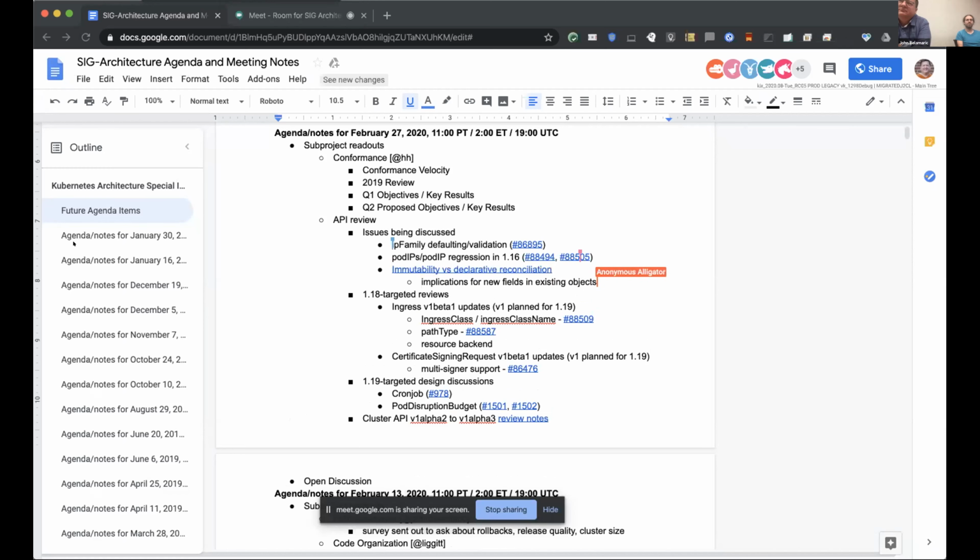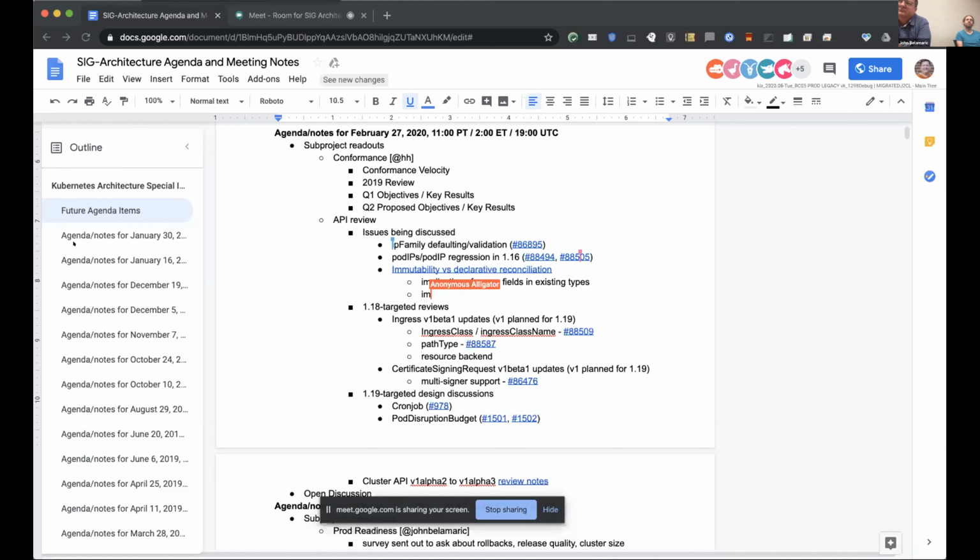But I don't think, I mean, I didn't find in our logic any place that actually tries to turn a put into a patch by masking. But we don't have micro API versions, so I can't tell whether you tried to unset a field or whether you just didn't know it. Yeah, so there are implications for adding fields to existing types. If you're going to make them immutable, you basically have to preserve the existing values or you break old clients.